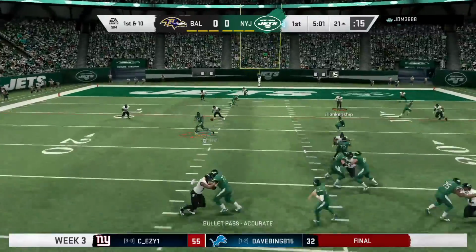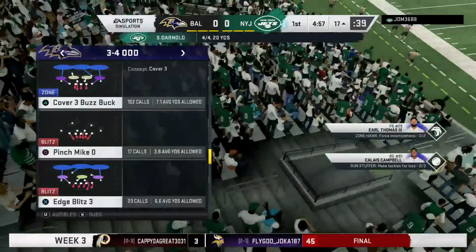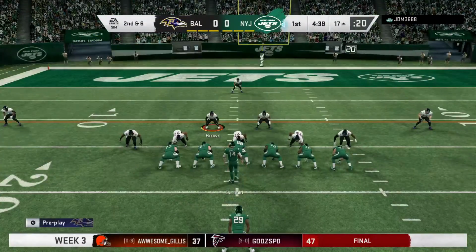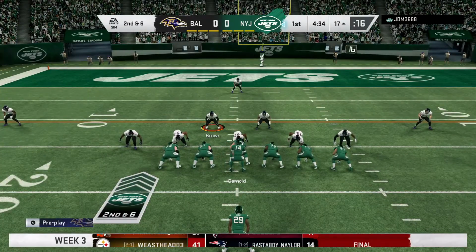Darnold on first down, and he'll find Hall. He'll get it down this time to the 17. That throw was good for 4. It's 2nd down. I don't think it's a surprise they're throwing the football early. We expected that. They told us they were going to come out firing, but 4 for 4 on the opening